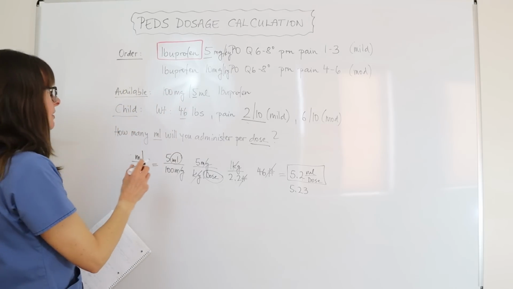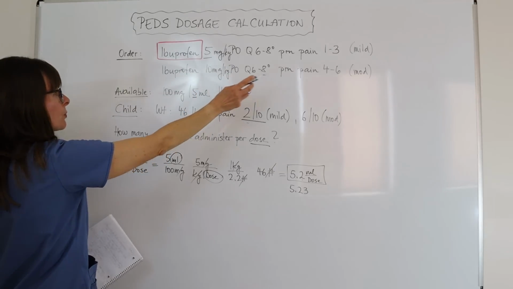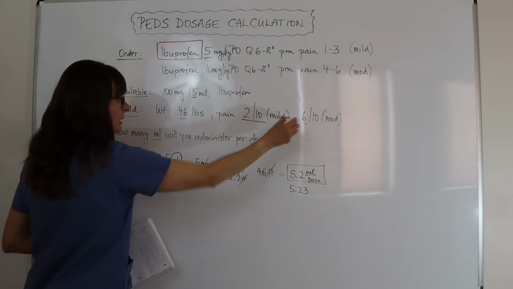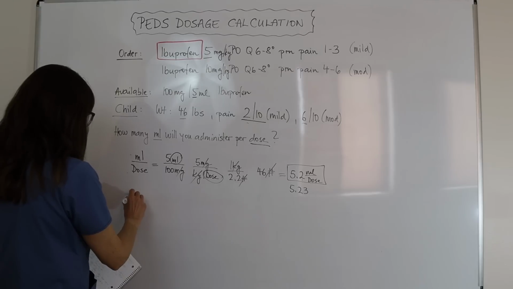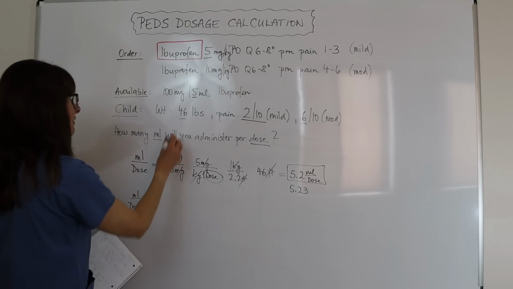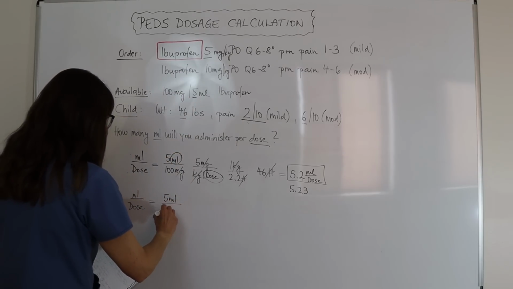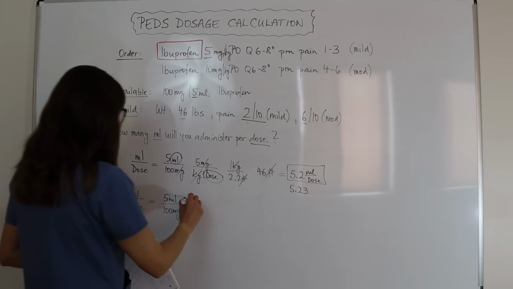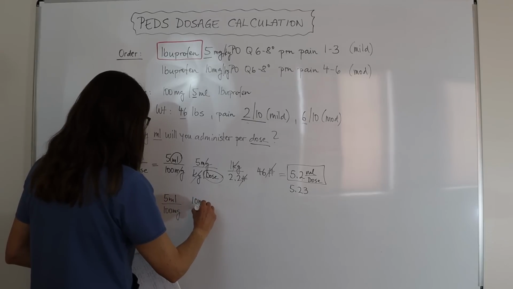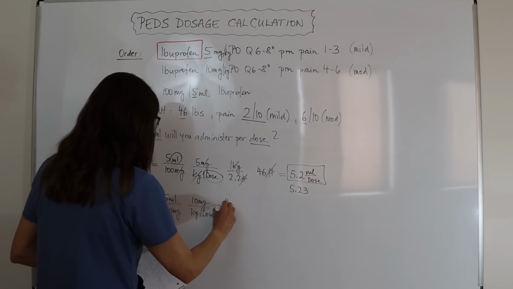Now let's go ahead and calculate the second scenario, which is the 10 milligrams per kilo for the moderate pain. And now our patient has a pain of 6 out of 10. So we'll set it up the exact same way, milliliters per dose. And our availability is still the same, coming from the pharmacy, with 100 milligrams per 5 milliliters. Then we'll go ahead and plug in our dosage, 10 milligrams per kilo per dose, we'll have our kilo to pound conversion